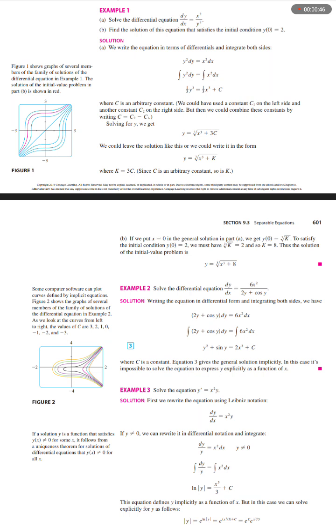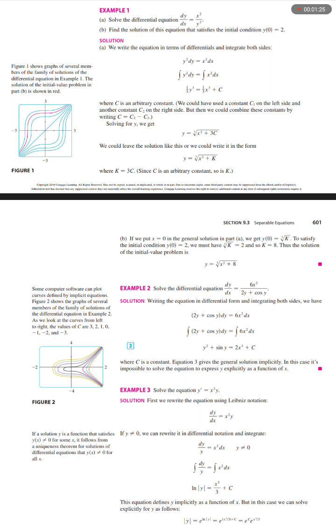Solution, part A. We write the equation in terms of differentials and integrate both sides. y squared dy equals x squared dx. The integral of y squared dy equals the integral of x squared dx. 1/3 y to the third power equals 1/3 x to the third power plus big C, where big C is an arbitrary